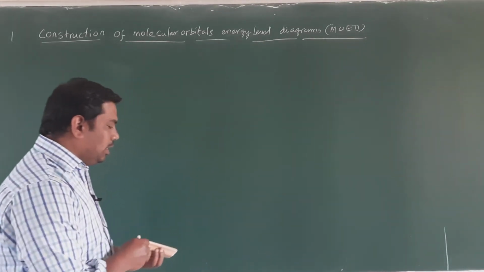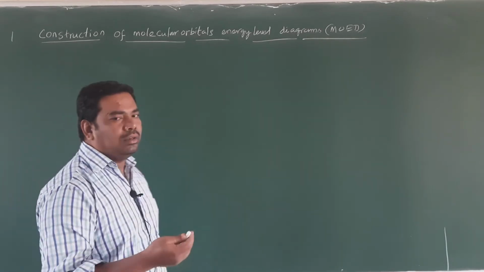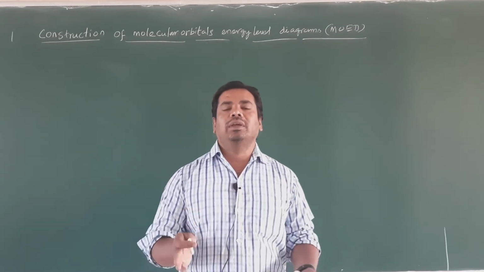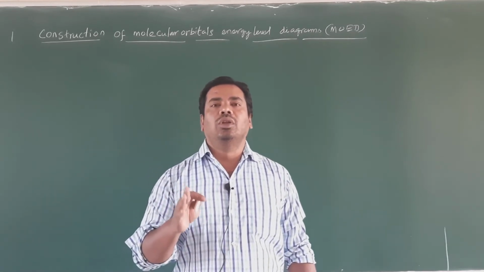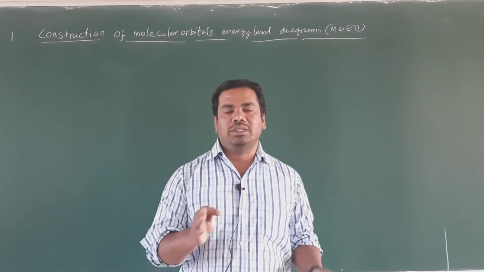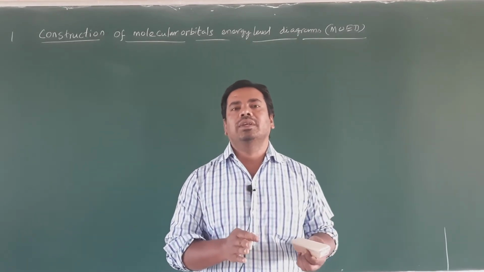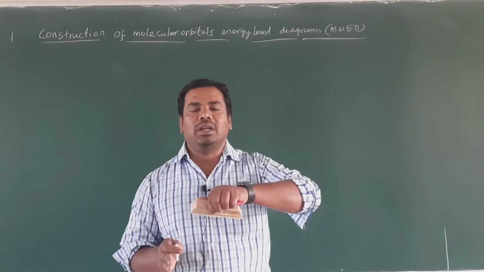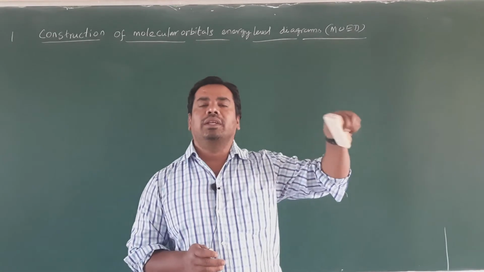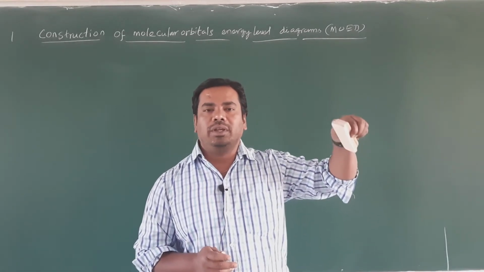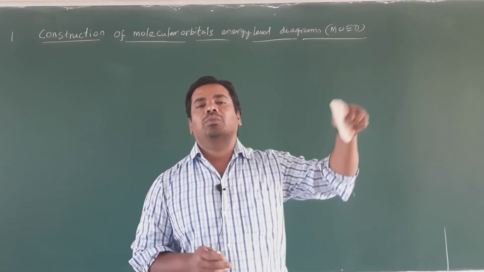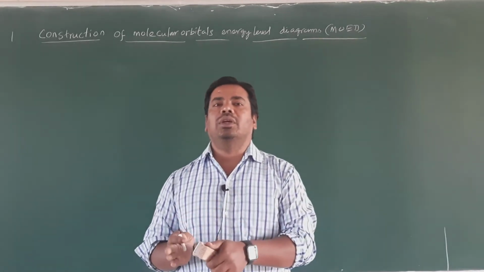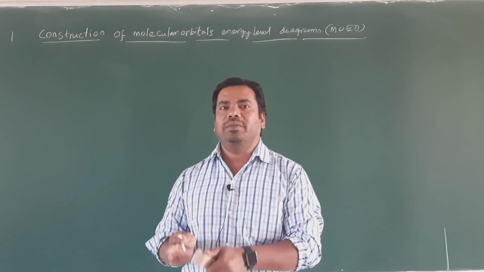And one more thing: before we fill the electrons in various molecular orbital energy level diagrams, first of all we fill the electrons in the lower energy orbital first. So the first electrons enter into the 1s orbital, then the next electrons enter into the 2s. After filling of the 2s orbital, then move to the 2p orbital. What it indicates is that the electrons enter the lowest energy orbital first. That is the first thing.